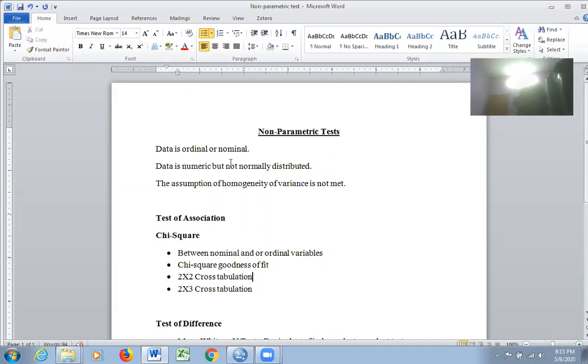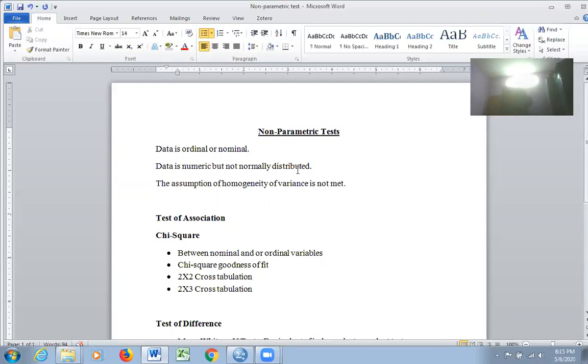In some cases, you have collected the data in numeric form, but when you check for its normality, maybe with the help of a histogram, skewness, kurtosis, or a one-sample test, the result says that the data is not normally distributed. Or we talked about homogeneity of variance on two occasions, one with regard to the independent sample t-test and the other with regard to one-way ANOVA.